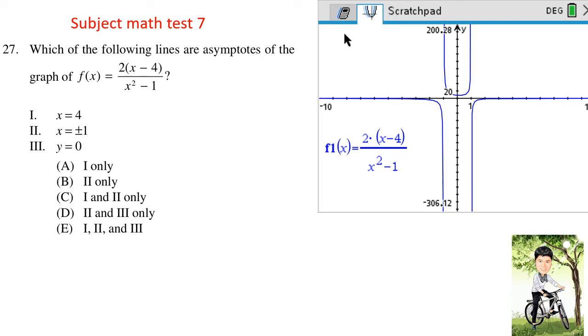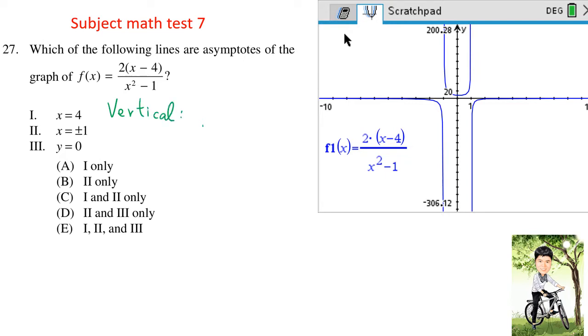Let's talk about subject math test 7, question 27. It's about the asymptotes of a function. We classify the asymptote as two parts. One is vertical asymptote, the other is horizontal asymptote. For vertical